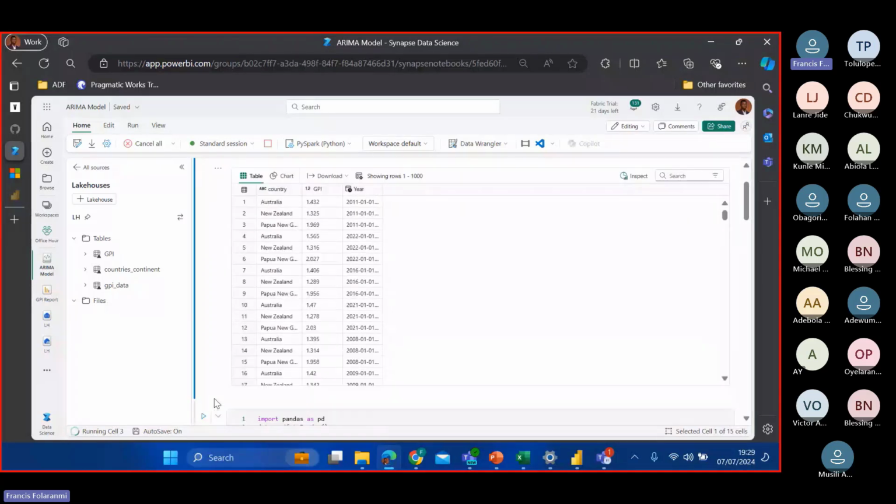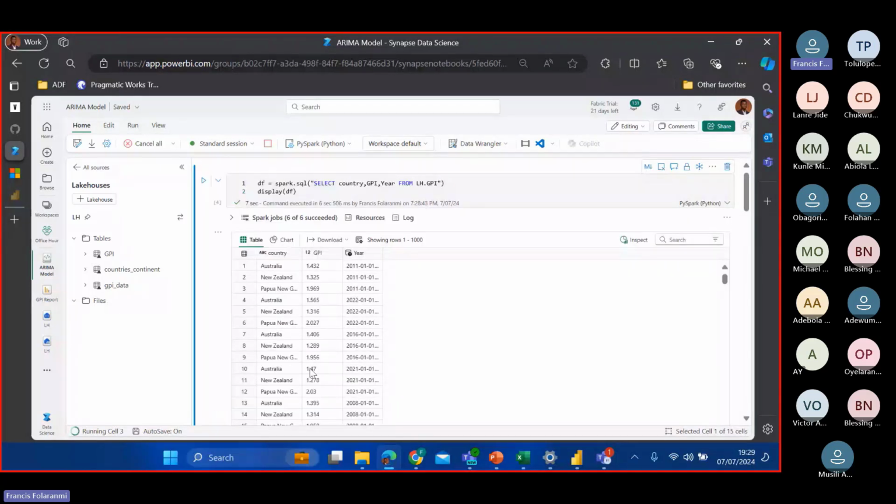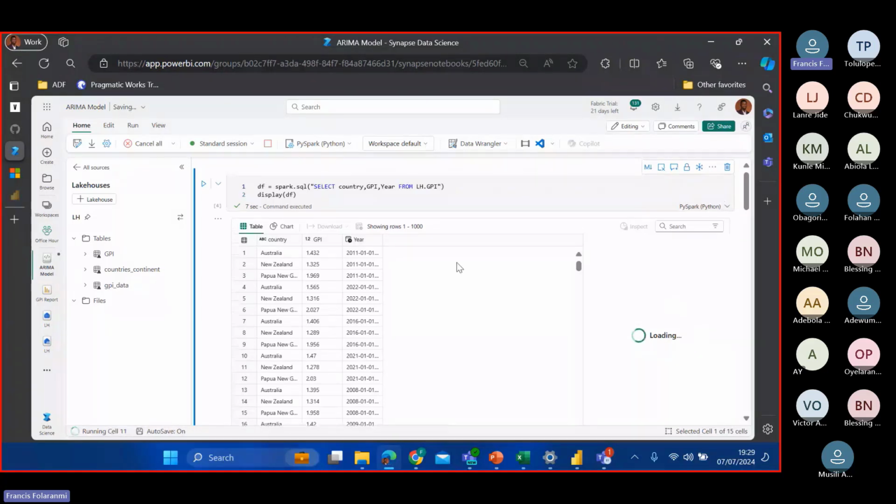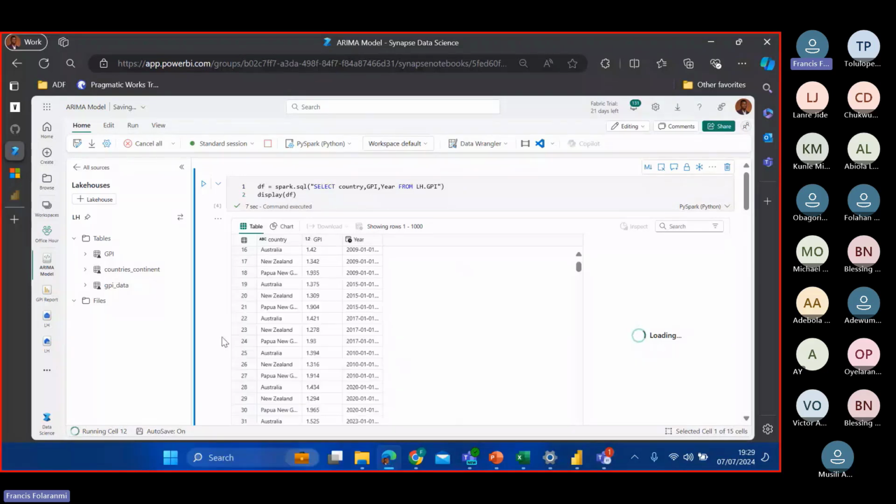So we have this. Now, another interesting feature you have in your notebook is that you can always click on this inspect button. That will just give you a quick summary of your data, as against you doing your df.info, df.describe, and all of that. So this will give you your brief summary. So let me just walk through what is happening. This is loading the data into this data frame.